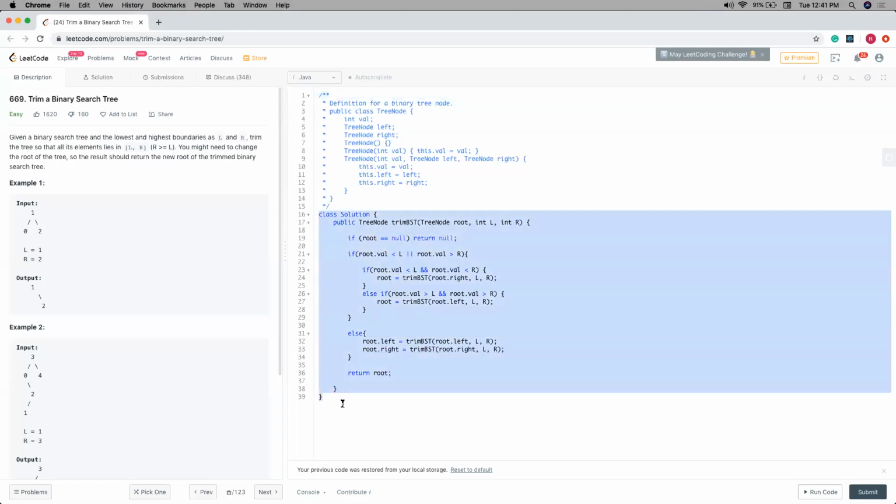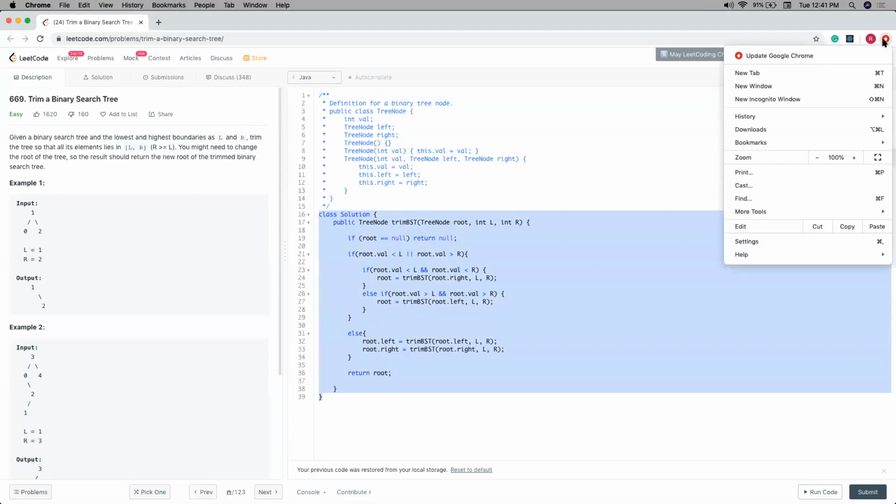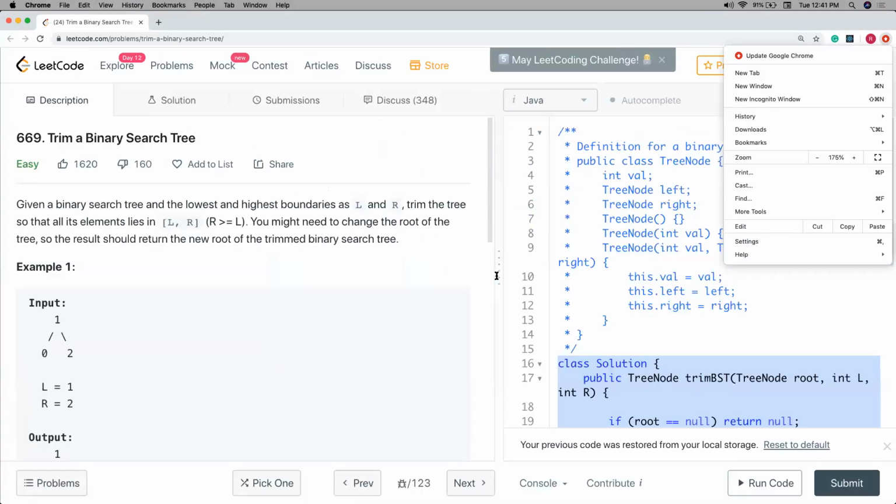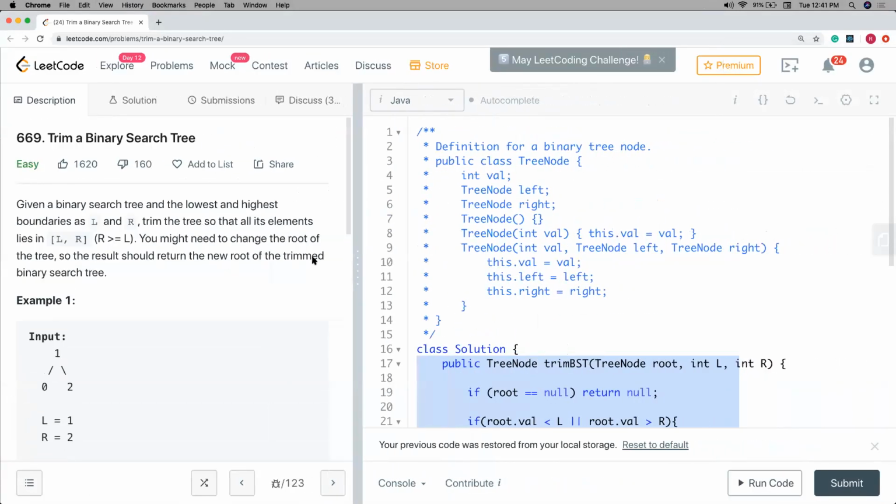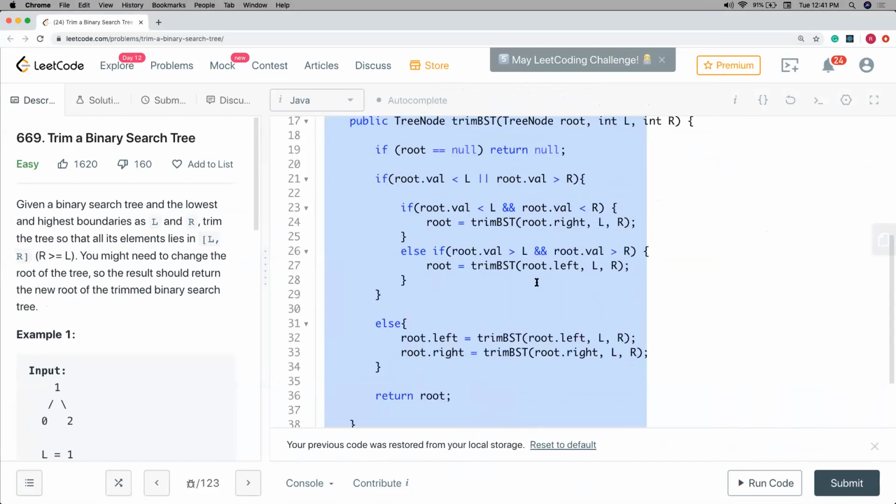Let me. Or in the browser, you can do that, right? Yeah, the browser zoom shortcut. Yeah, that's fine.